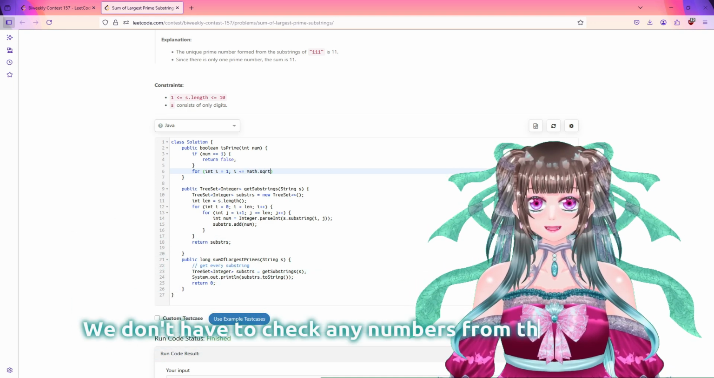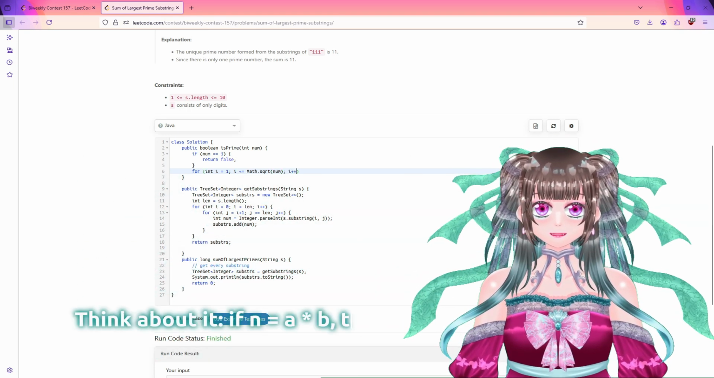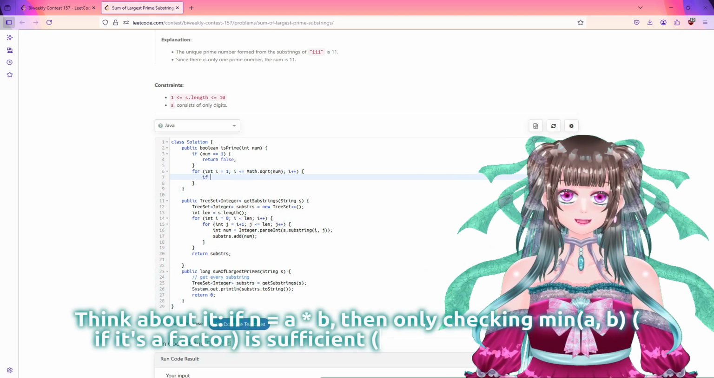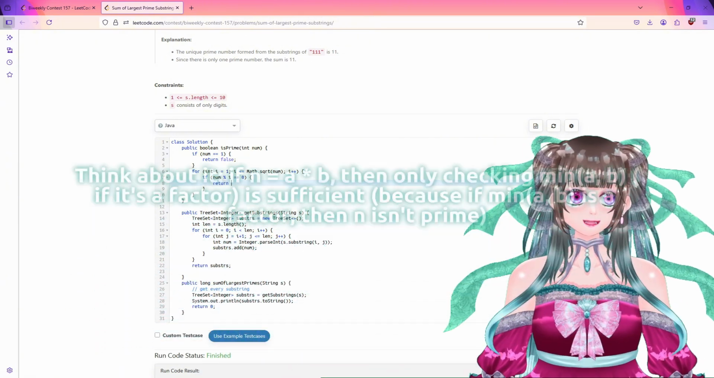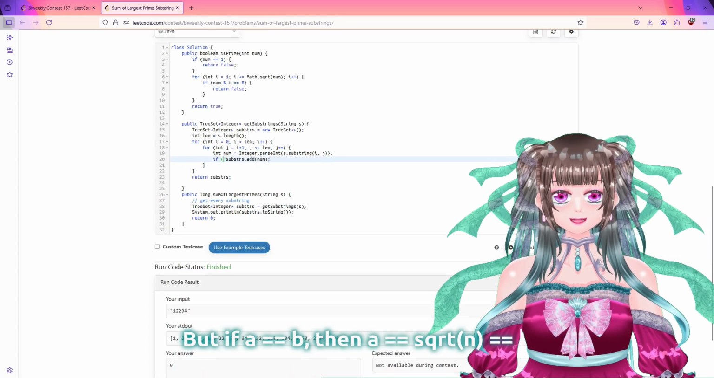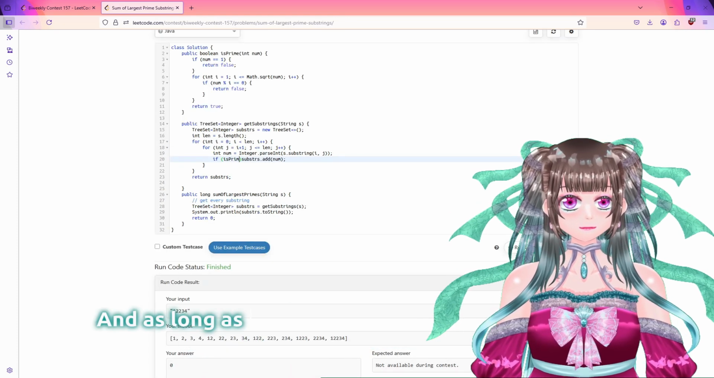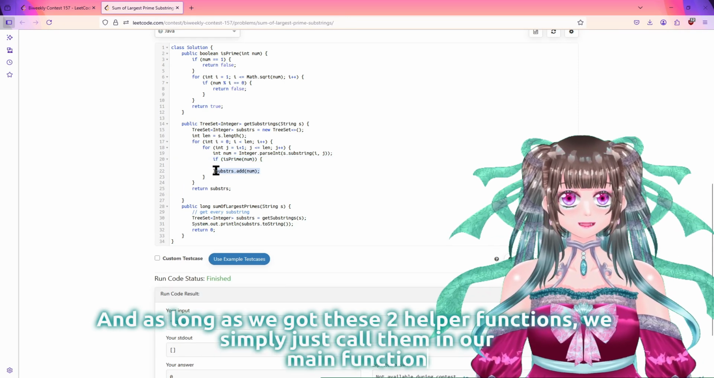We don't have to check any numbers from the square root of the number onwards. Think about it. If n equals a times b, then only checking the smaller number of a and b is sufficient. But if a equals b, then a must equal the square root of n, and so does b. And as long as we've got these two helper functions, then we simply call them in our main